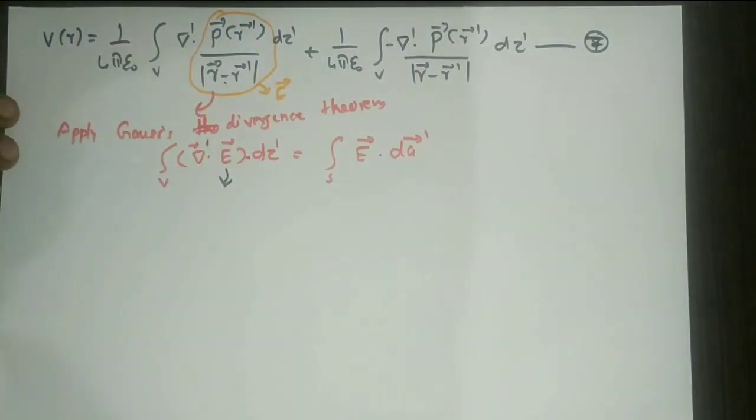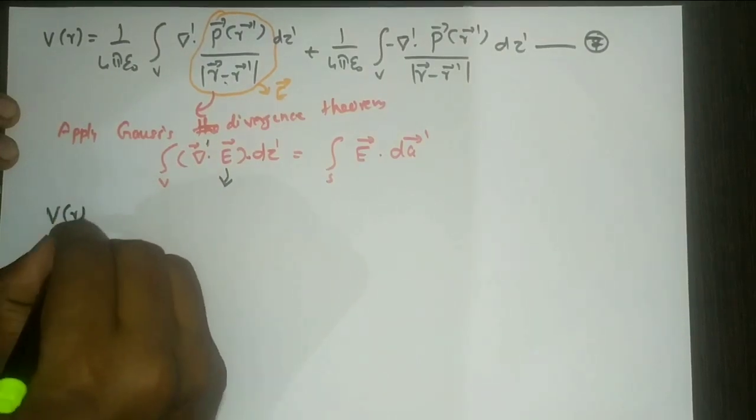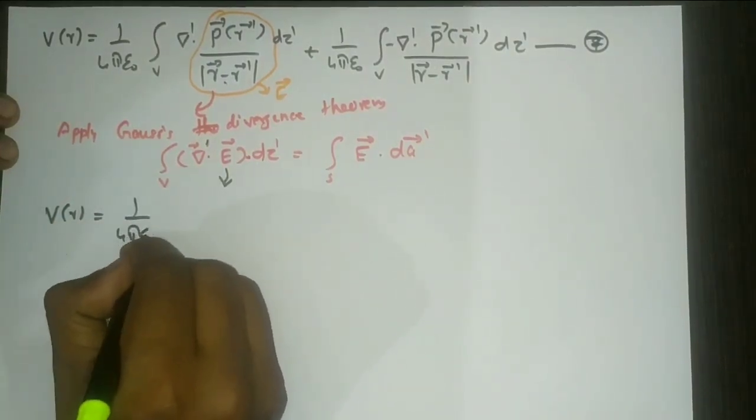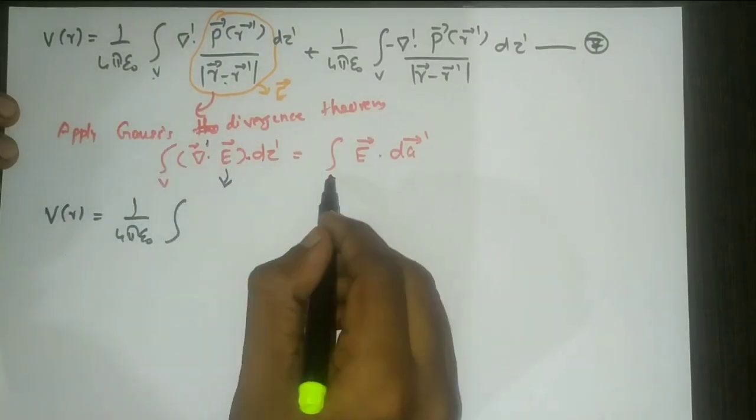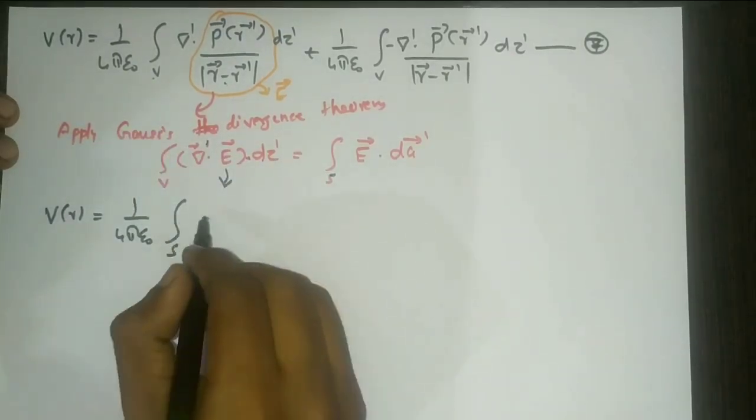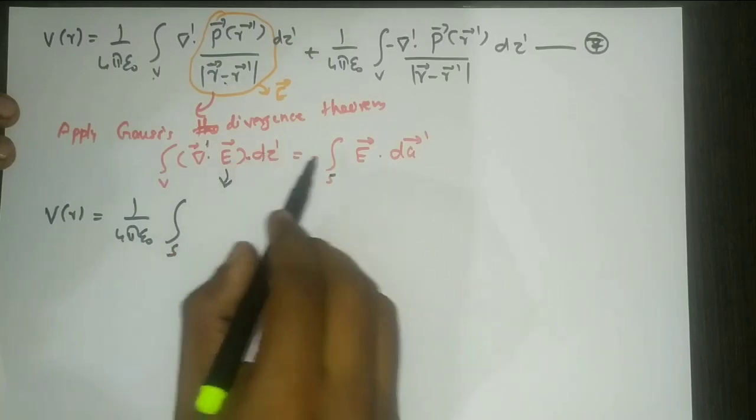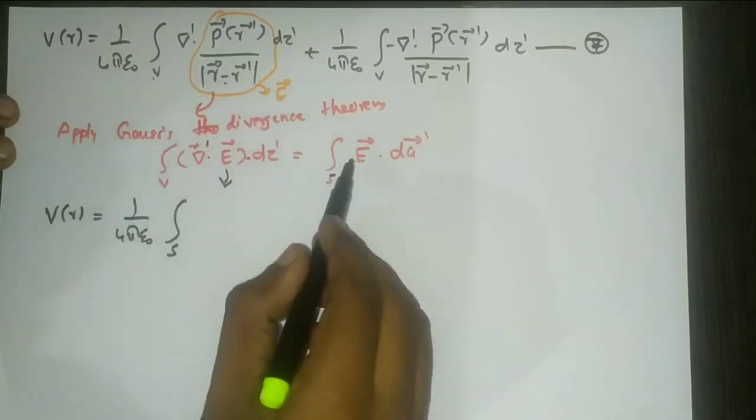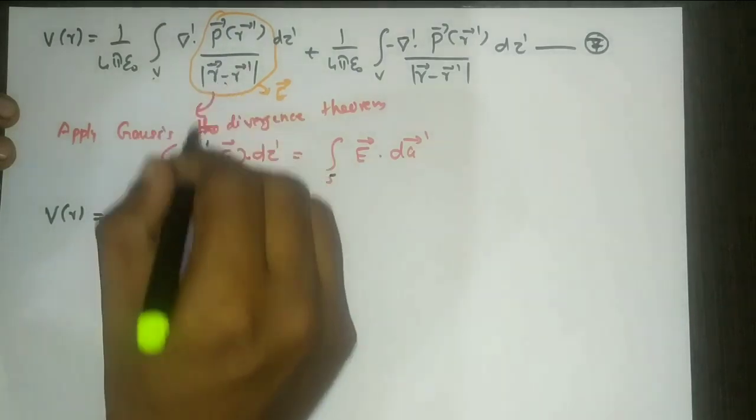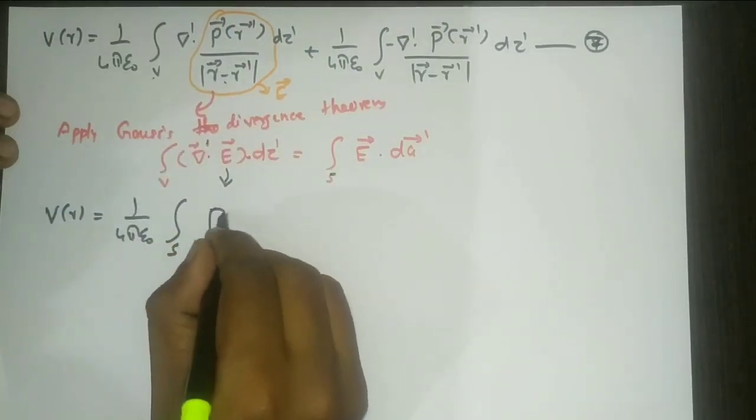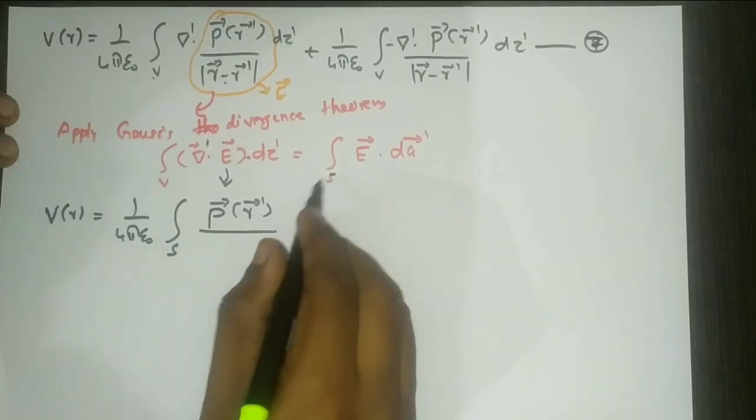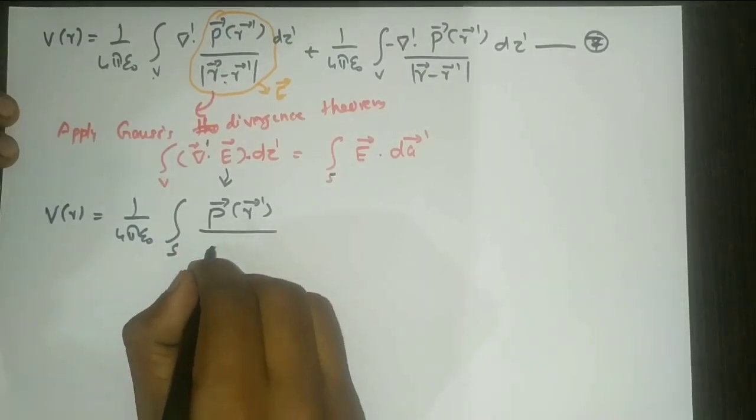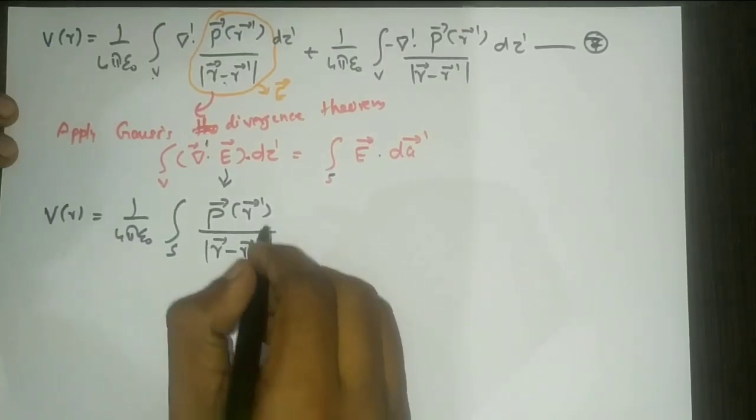Now if I apply this divergence theorem here, I can write 1 by 4 pi epsilon 0, and this volume integral will convert into this surface integral, and instead of E, I can write this polarization vector P(r prime) divided by |r minus r prime| dot